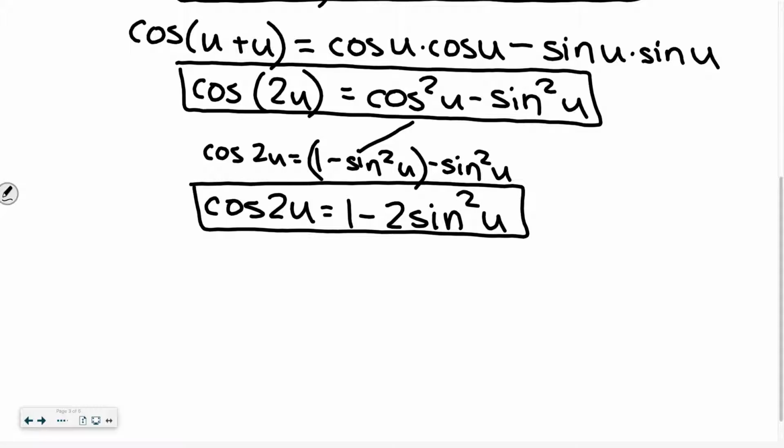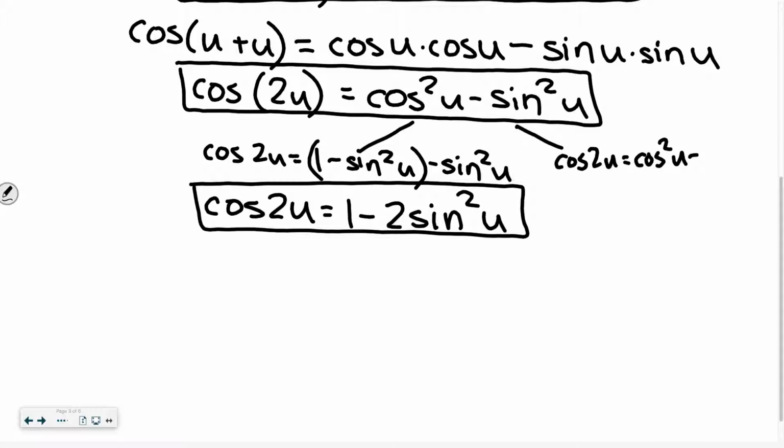Now that substitution would be really helpful if you want to get rid of a cosine and you want to be working in sines, because now you don't have both. You have just sine. And I can also do a different substitution. Instead of plugging in for cosine squared, let me plug in for sine squared, right? So I could say the cosine of 2u is equal to, I'm going back up to this top one, keep my cosine squared 2u,